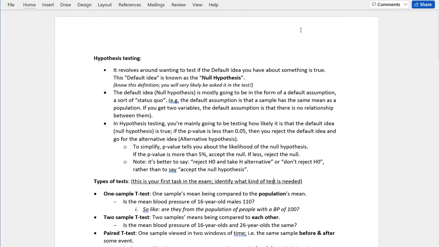Now, none of this is written, this is just, so just listen to me and believe me. The sample that you take, you want to make sure it's a random sample. You want to make sure it is of decent size, so that your sample is actually representative of the population. Otherwise, it's not really representative. If the blood pressure of the whole population is actually normal, but you just chose to pick two or three people of extremely high blood pressure, and you're saying, hey, these people represent the whole population, therefore the whole population's blood pressure is